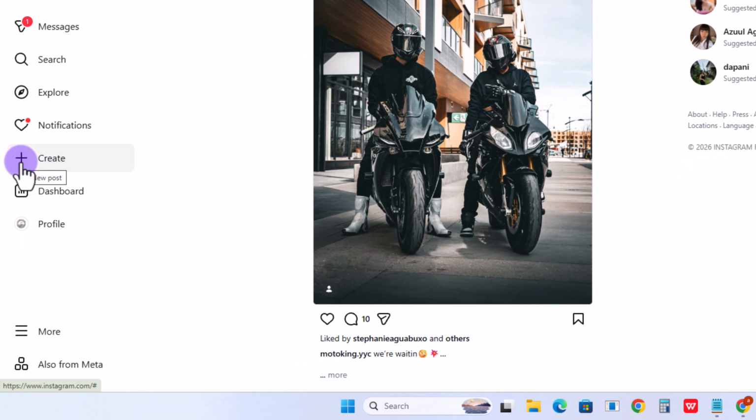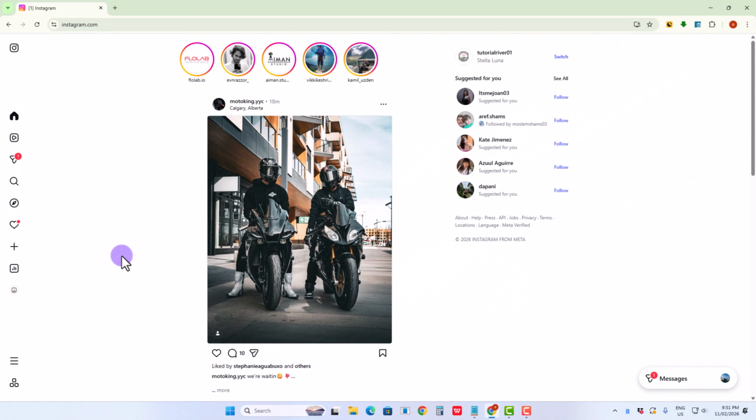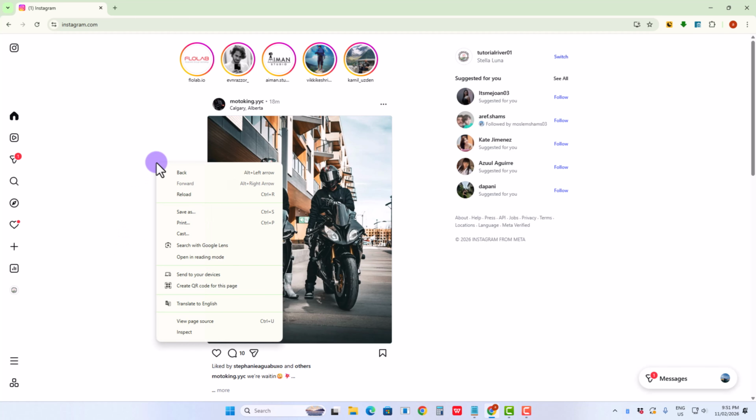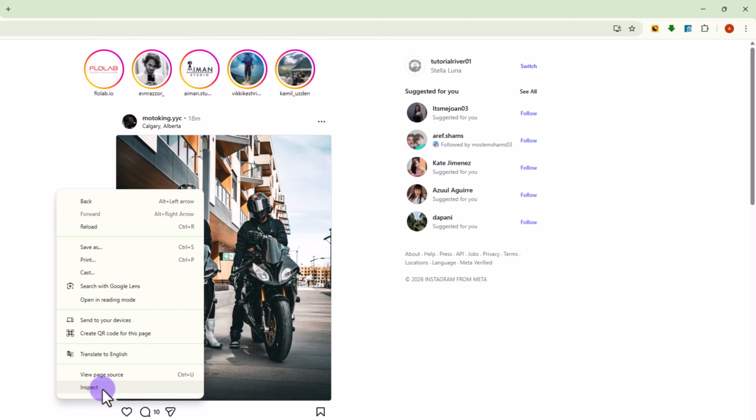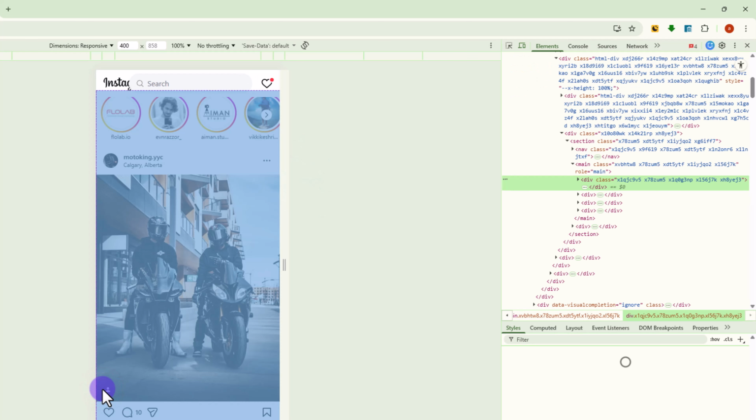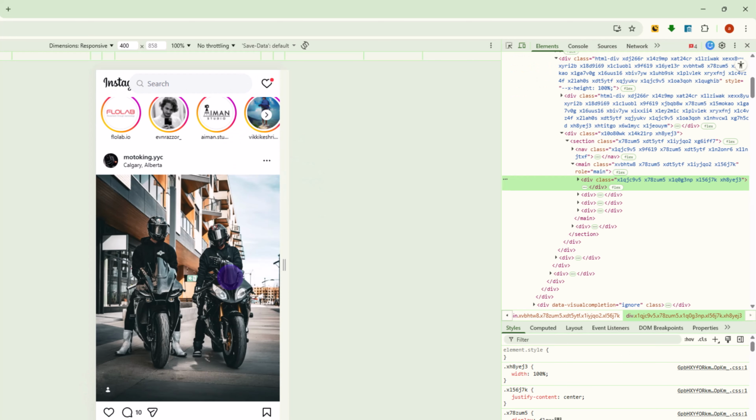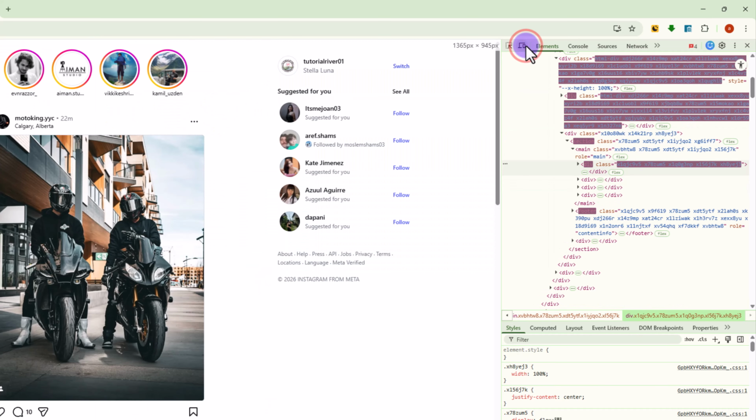Press on the plus option to create, but it's not showing the exact create story option. It's showing only post, live video or ad, so don't get upset. You just press the left side of your mouse, click on Inspect, then it shows this pop-up. Press on this icon